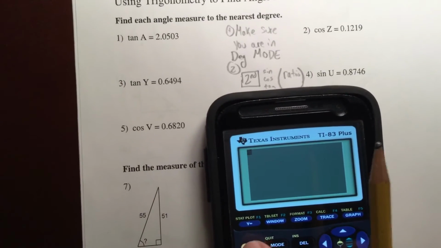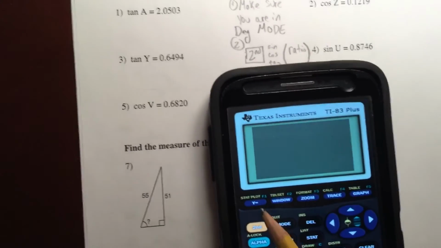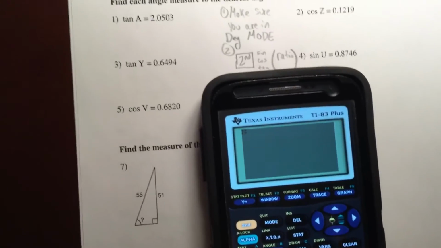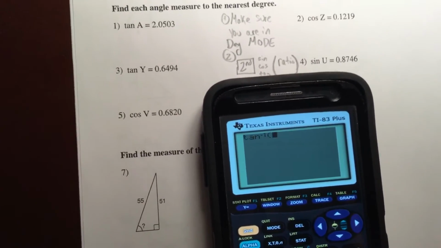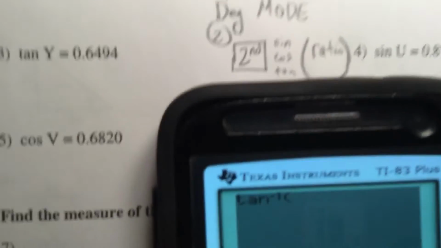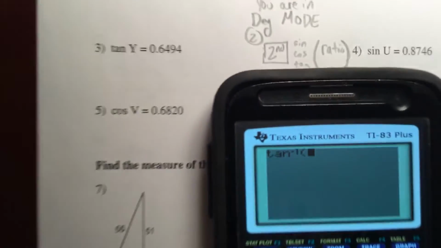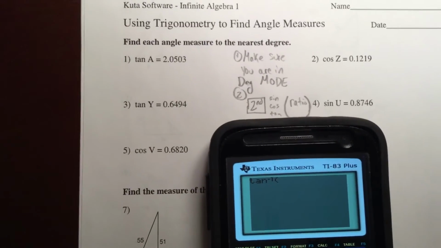Now we press the second button. We press the second button because we're going in reverse. So for problem number 1, we want the second tangent. What you should see is that little to the negative first power. That means I know the tangent, I'm going backwards. Then I type in the ratio,